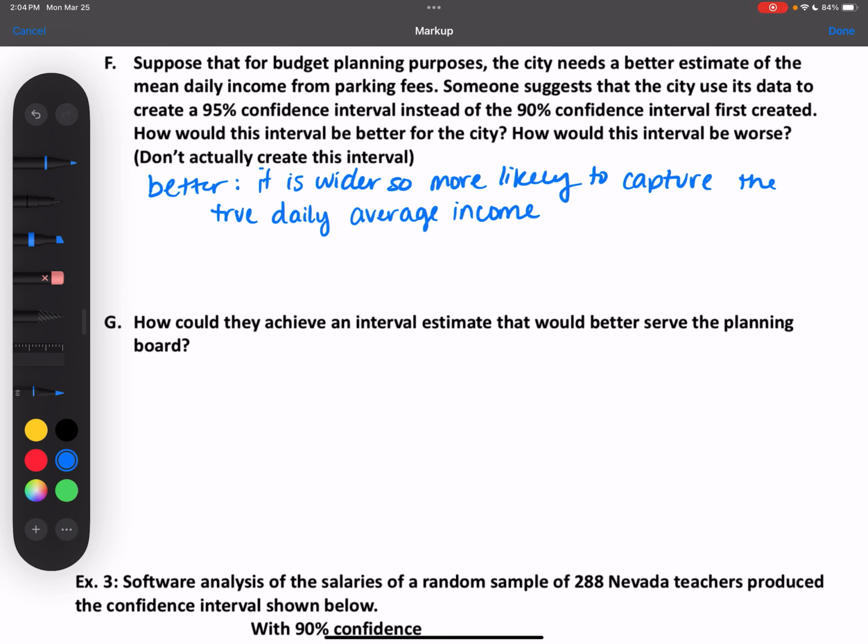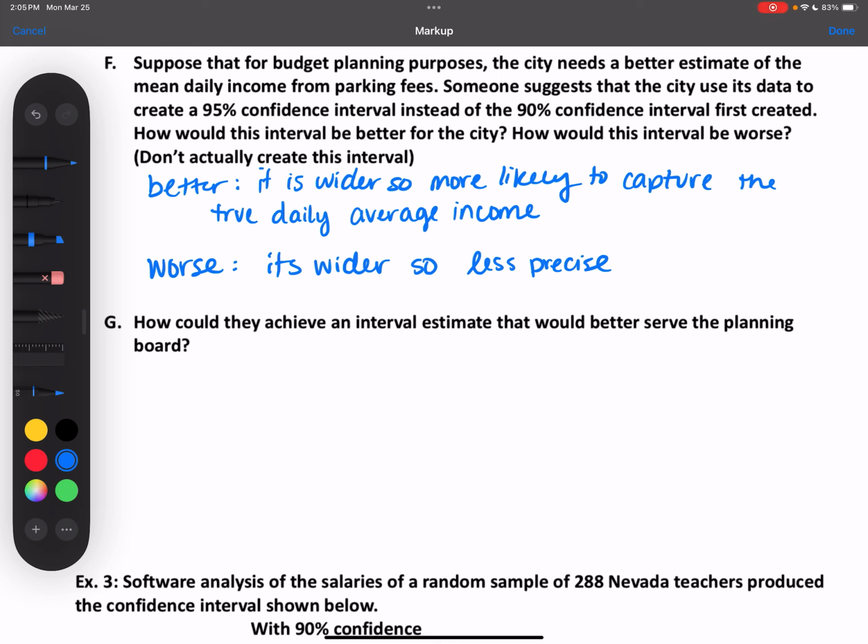And then why is it worse? It's kind of an obvious thing. Well, it's not as precise. Yeah, it's wider, so it's less precise. So being wider is good and bad. Yes, it depends on what you want from it. Exactly. If you just want to prove your point, then it's great. But if you want accuracy or precision,